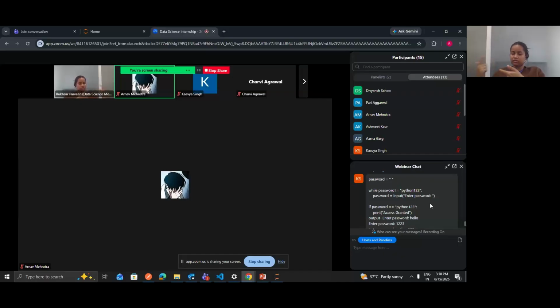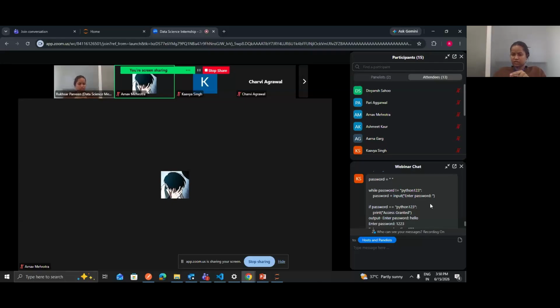Once the value inside this variable is equal to Python 123, it will automatically come out of this loop.